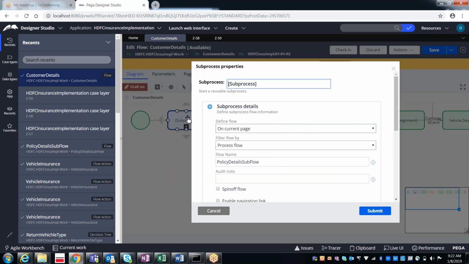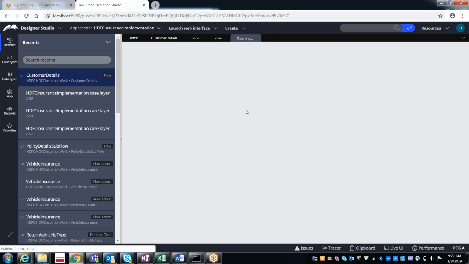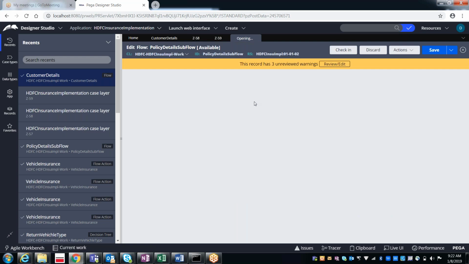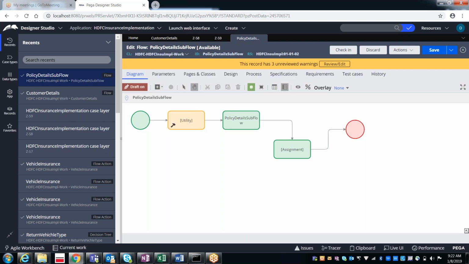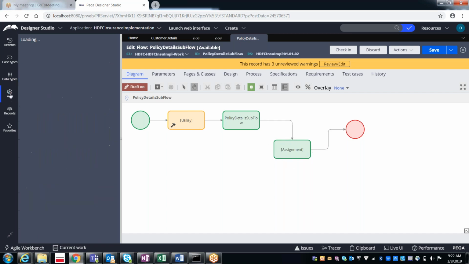So how is it performing this action? I don't have any decision table, I don't have any decision tree, and I don't have any flow update with all these things. Even in the subflow, I don't have any decision rule, but still it is working accordingly. See, this is the subflow which it is executing. No decision shape at all, but it is working fine. How exactly is it working?